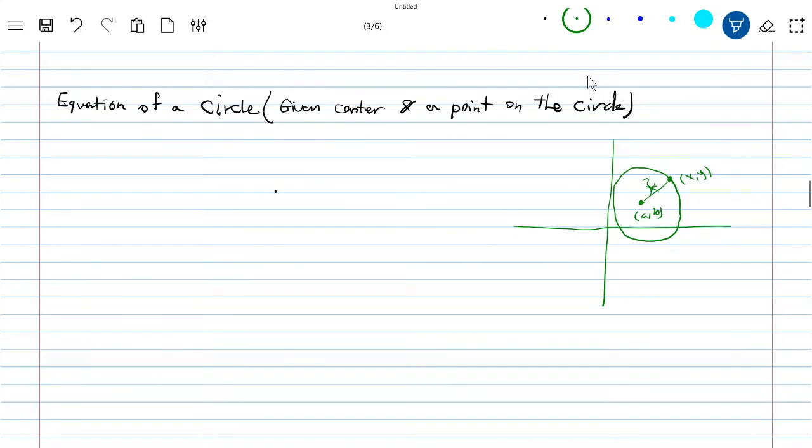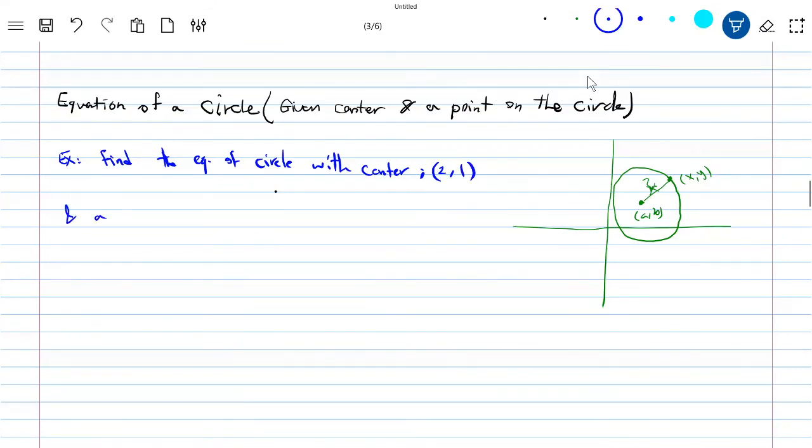There's another way to do it, but I'm going to first try this one, then I will show you another way as well. So here is an example. Find the equation of a circle with center, let's say the given center is 2 and 1, and a point on the circle,